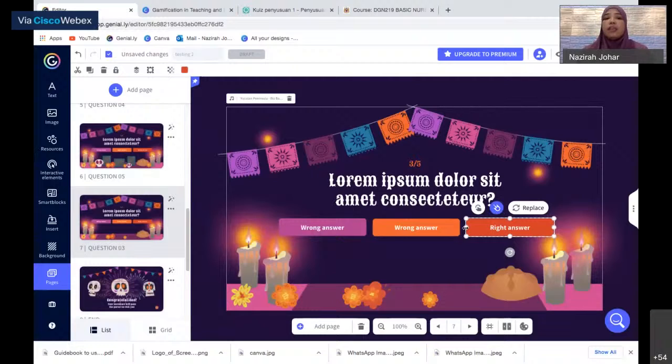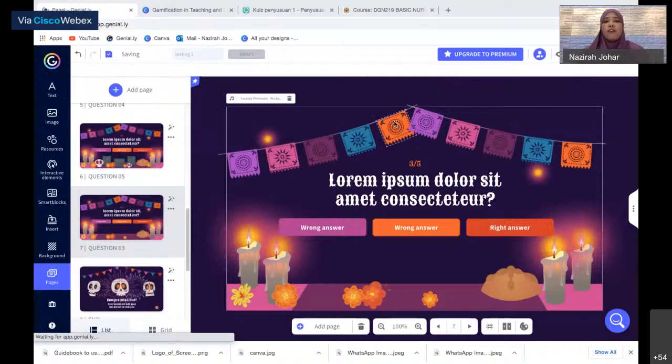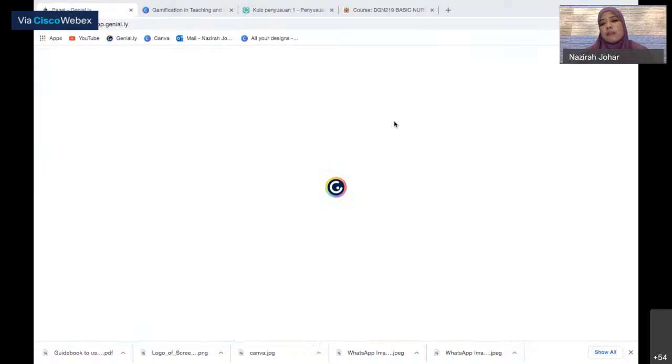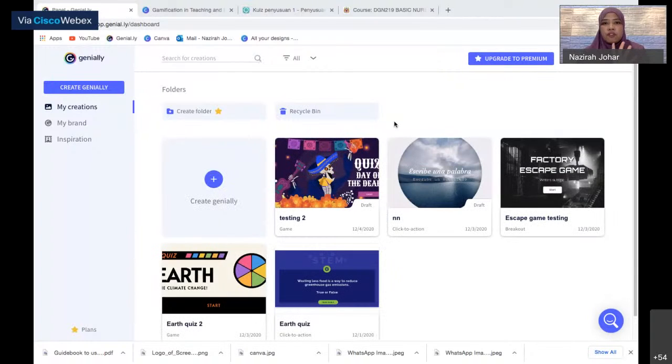Okay, for the beginner, my advice is that it's good for you to use the ready-made template, and you can already make one game. Okay, I think Michelle has shown everything about how to use these templates, and I think that's all I want to share. But if you ask me,